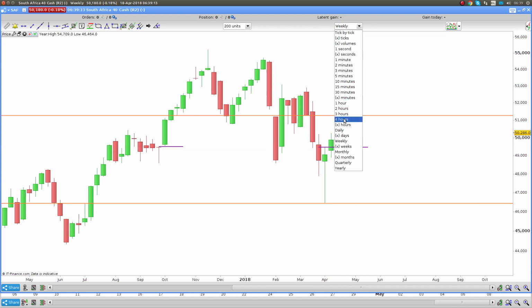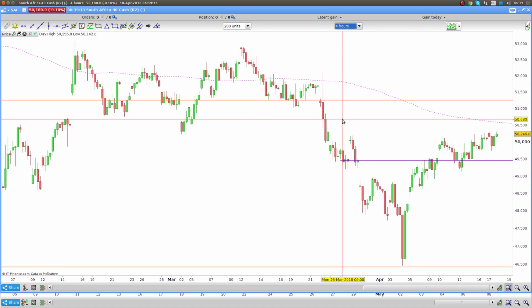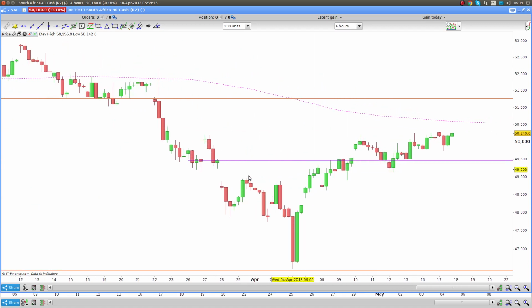And if I drill down to, for example, the 4 hour, you'll see a different picture. But on the weekly, that is a gap. And although we have this inverse head and shoulders pattern here, we do have a gap below, which always acts as a magnet. So anyway, guys, that's kind of how I look at the Brooks gap